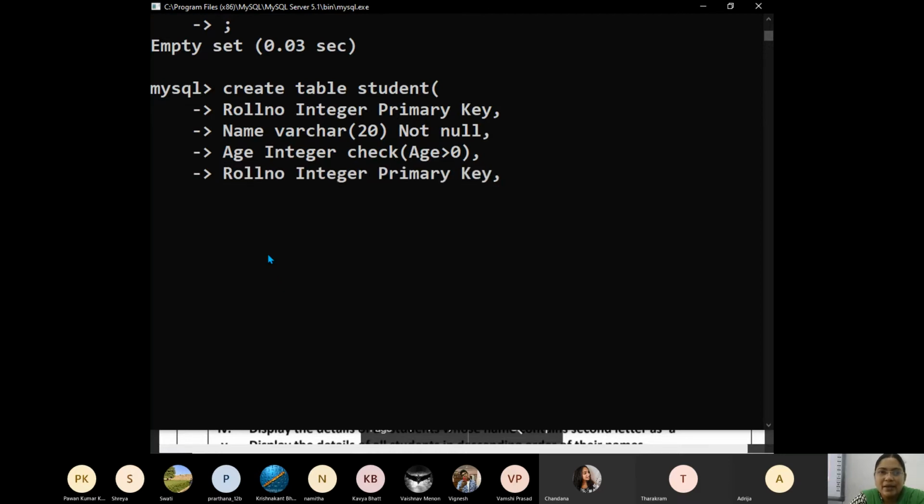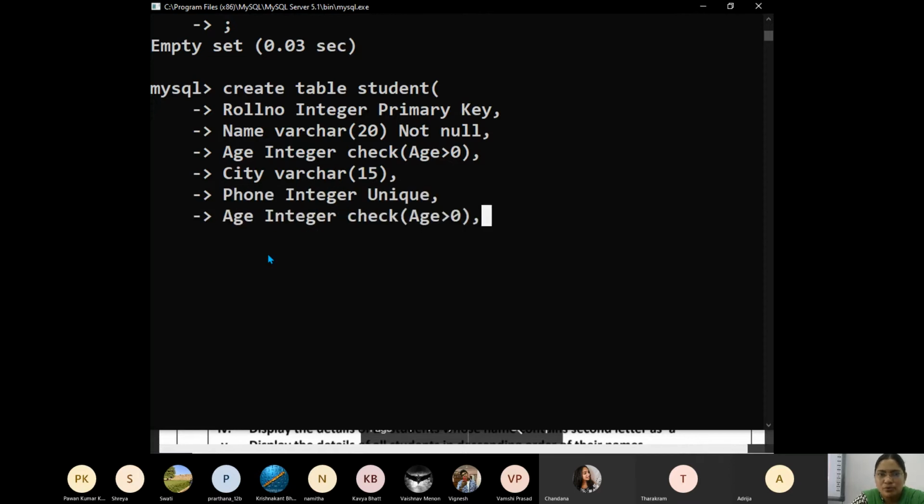Next, after age, city, next phone number, after city phone, then after phone marks. Okay, default value 0.